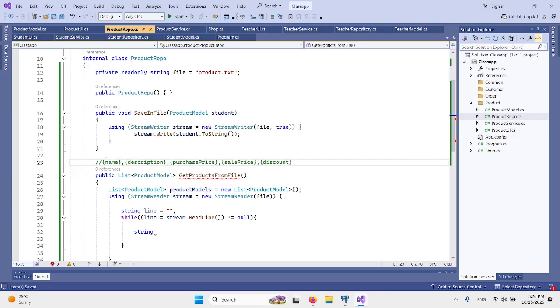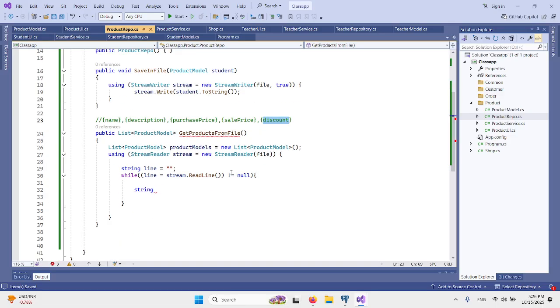So it means this will be on 0 position, this will be on 1 position, this will be on 2, 3, and 4. One solution is that you may use the function that we created, parse file. Another solution is what we do here: we call parts = line.Split, and here you write comma.